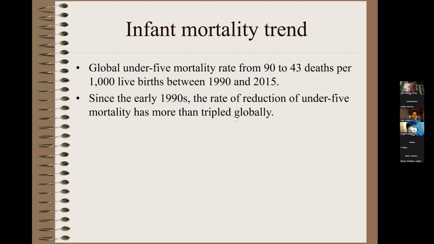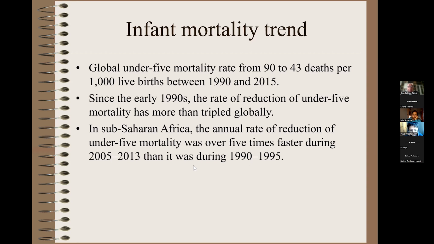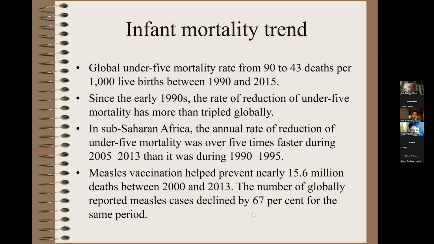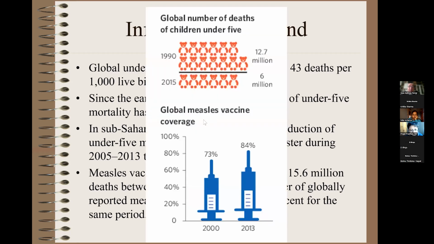And this reduction is going on nicely. And again, you see all these details coming from the report of the Millennium Development Goals, emphasizing that the measles vaccination is extremely helpful. And the coverage of measles vaccine increased in such a way. In 1990, there were 12 million under 5 children dying prematurely. Now we are around 5 million. It is much less than 12, but it is still an enormous amount of lives lost.